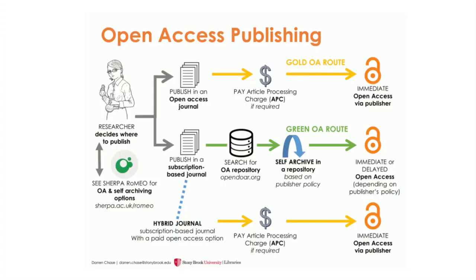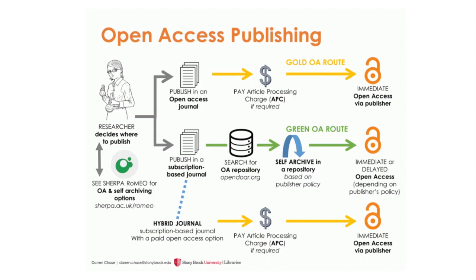And so there are two types of open access publishing that you'll typically hear people talk about: gold open access and green open access. Gold open access is where you publish your work in a journal in a traditional way, it goes to peer review, all of that, but the end result is an open access article that is free to access and is usually published under a permissive copyright license like Creative Commons. In contrast, green open access is where you can publish your work in a subscription-based journal of your choice, and then you can self-archive a version of that article in a repository.